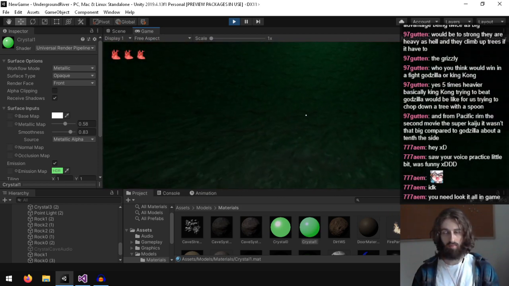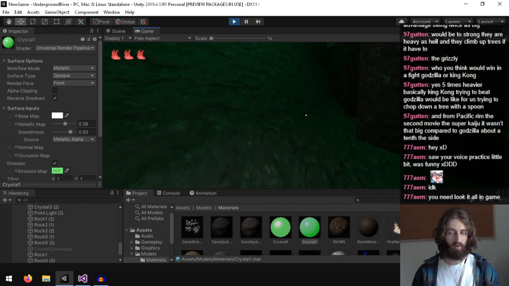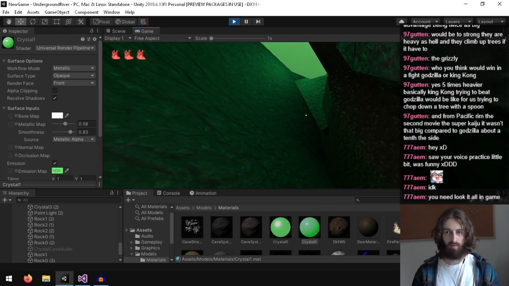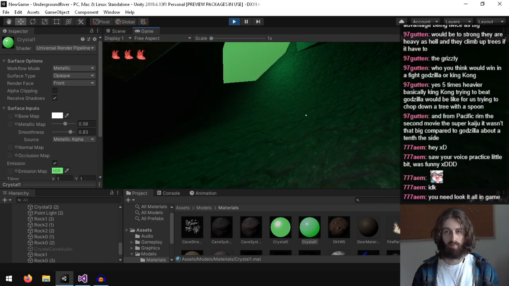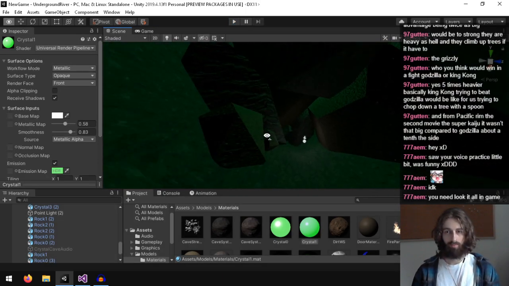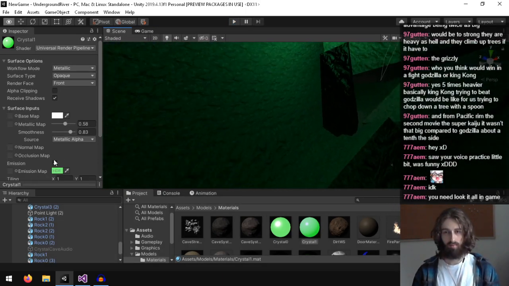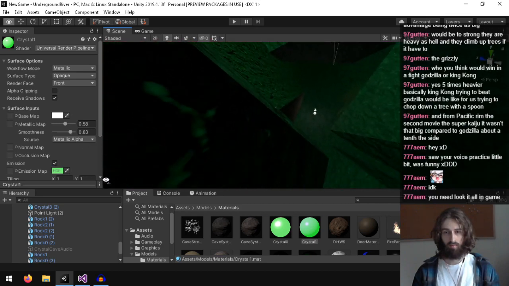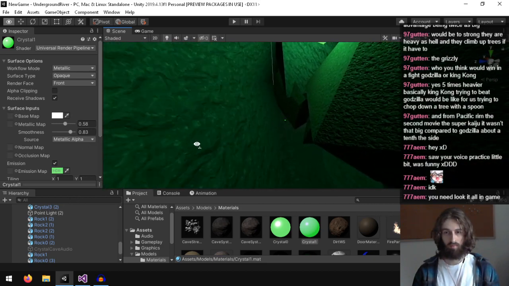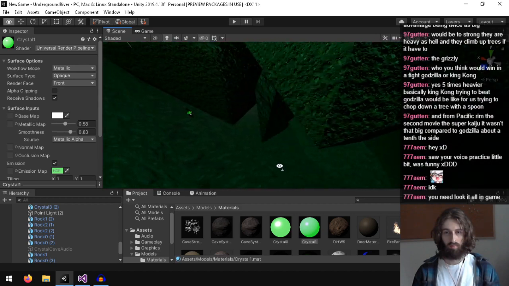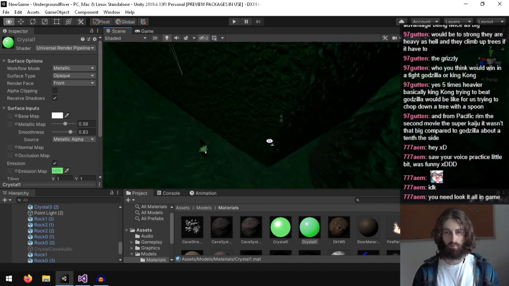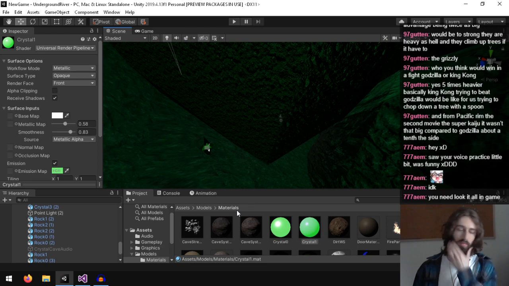I want to add some particle effect, I think, when the spider jumps on you. What sort?